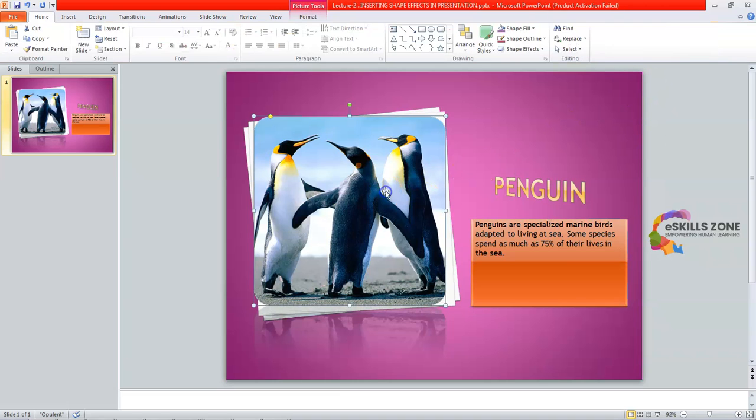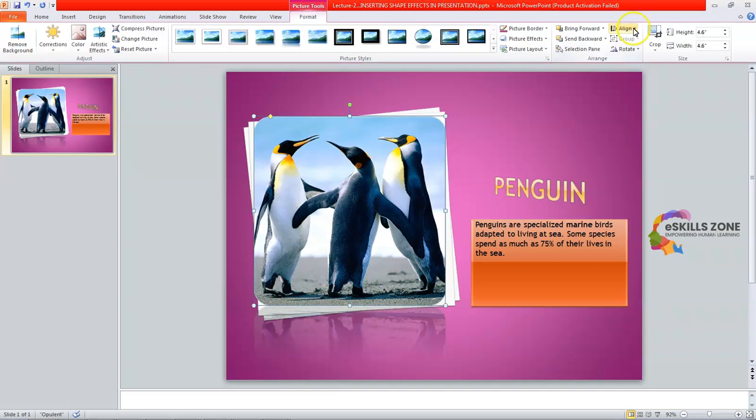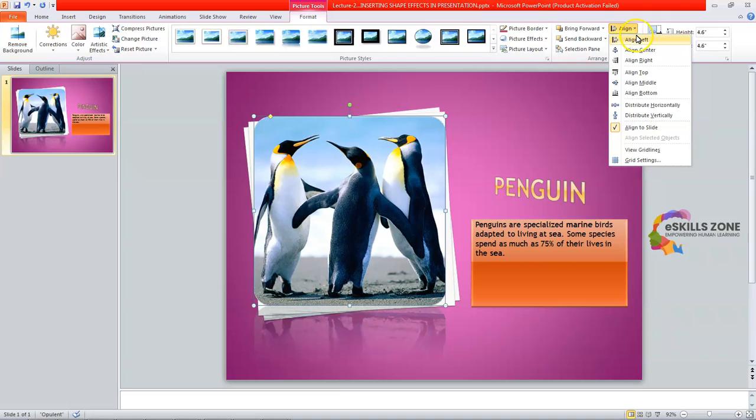Then the Format tab opens. Then we'll click at the Align button. So first we will read the definition of the alignment, that is, align the edges of the multiple selected objects. You can also center them or distribute them evenly across the page. So we'll click on this button, and from here we can